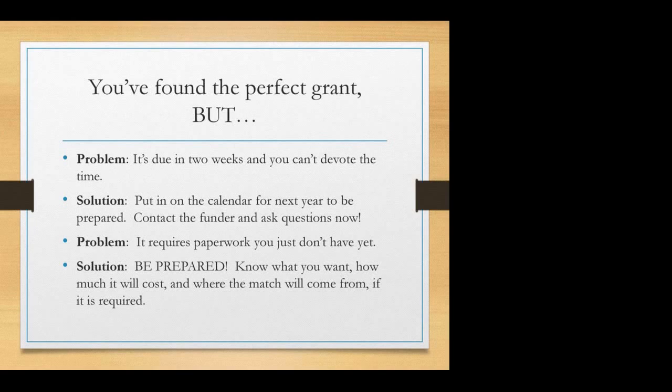Unfortunately, I do have a lot of people calling me 3 or 4 days before a grant deadline and saying, I really want to do this grant. And I say, you need a business plan to be competitive, or have you gotten a DUNS number yet? Getting a DUNS number, getting a sam.gov registration, those things can take weeks. Sometimes they just take days, but sometimes they take longer because some little box was checked wrong, the IRS got something wrong in your records because that's how they cross-check you to make sure you're really who you say you are, because they're always right. So you want to be prepared.